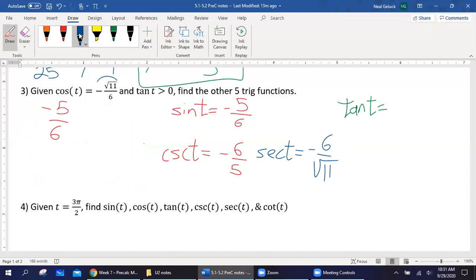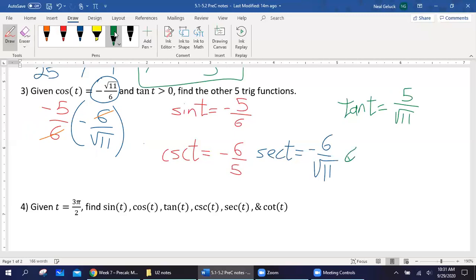If I divide by the cosine, that means I'm going to multiply by the reciprocal of that. So I'm going to multiply by 6 over root 11. Sixes would cancel, negatives go away. And so I get the tangent to be positive 5 over root 11, which makes the cotangent